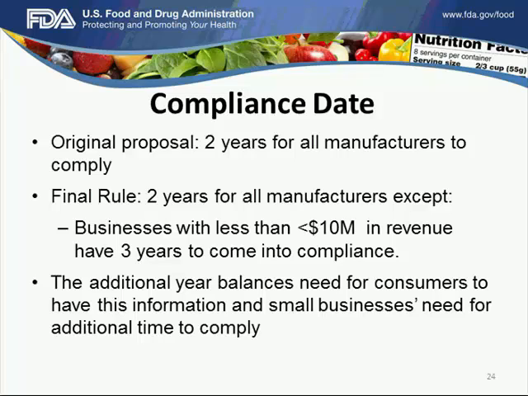In the original proposal of the proposed rule, 2 years was going to be required for all manufacturers to comply with the new rule. In the final rule, this has been changed slightly. Compliance date will be 2 years for all manufacturers except for those with businesses of less than $10 million in revenue who will have 3 years to come into compliance. This additional year helps small businesses